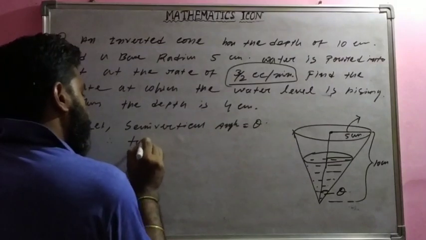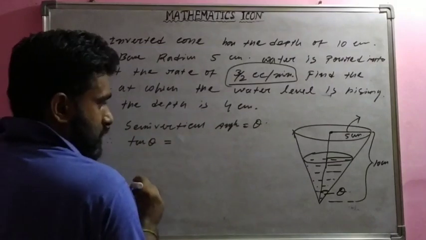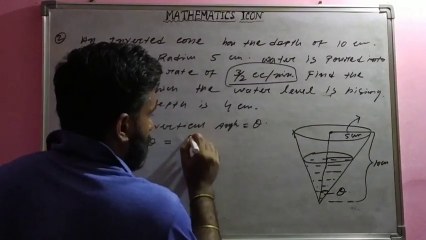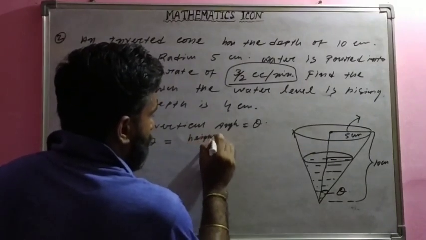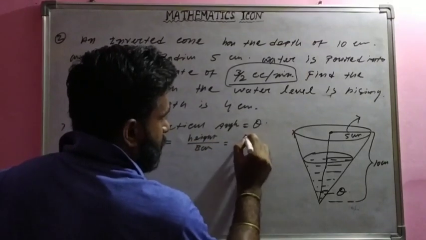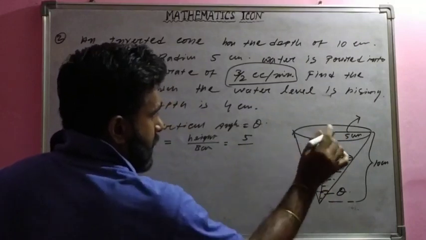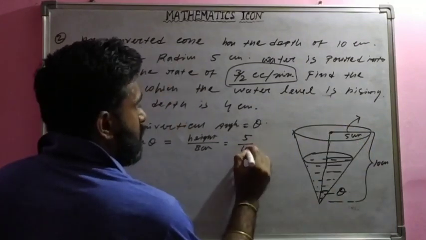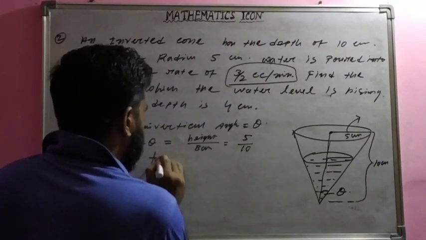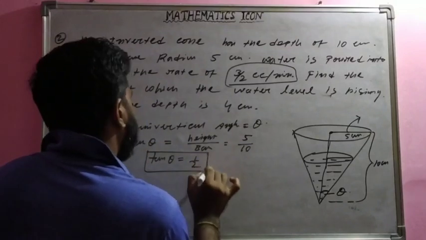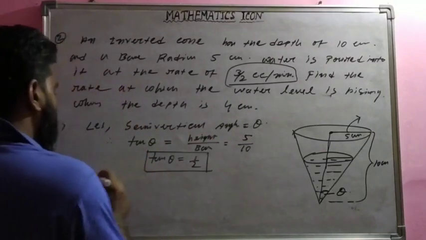So tan theta equals to height by base, मतलब height by base, that means height कितना है 5 by base मतलब 10, ऐसा होता है ना फिगर, ठीक है। तो ये हाइट होगा, ये बेस होगा, 5 by 10, so that means tan theta equals to क्या मिला आपको, हाफ। tan theta क्या है, हाफ।